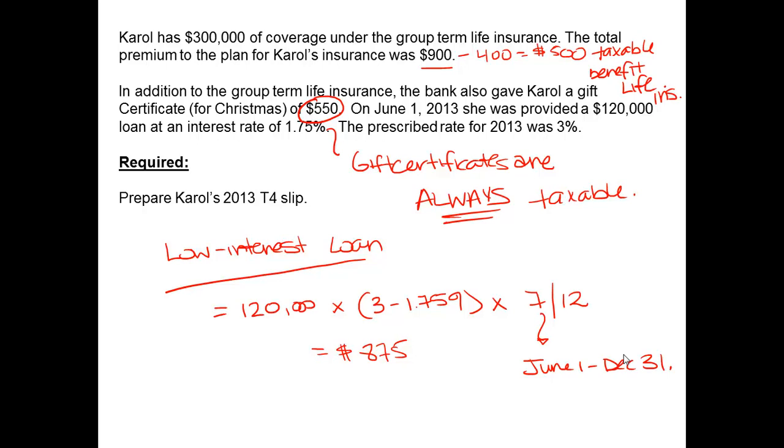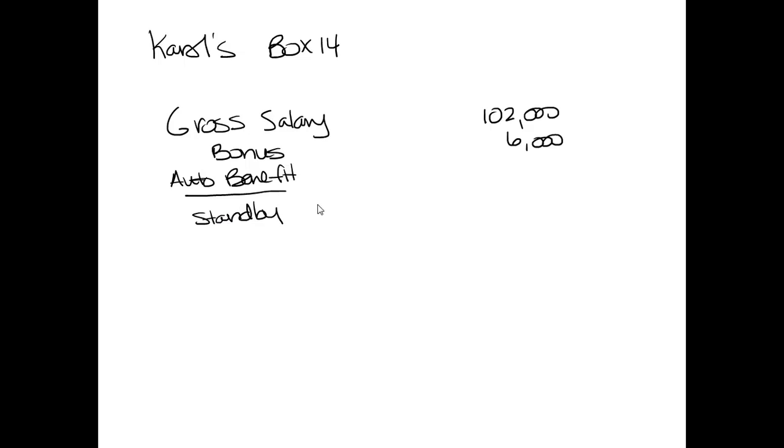So before I move on to the actual T4, I'm going to take a minute and calculate the total that belongs in Karol's box 14. Alright, so Karol's box 14 is going to include her gross salary of $102,000. It's going to include her bonus of $6,000. It's going to include the auto benefit. So we have the standby, which I calculated as $8,160. We have the operating cost benefit